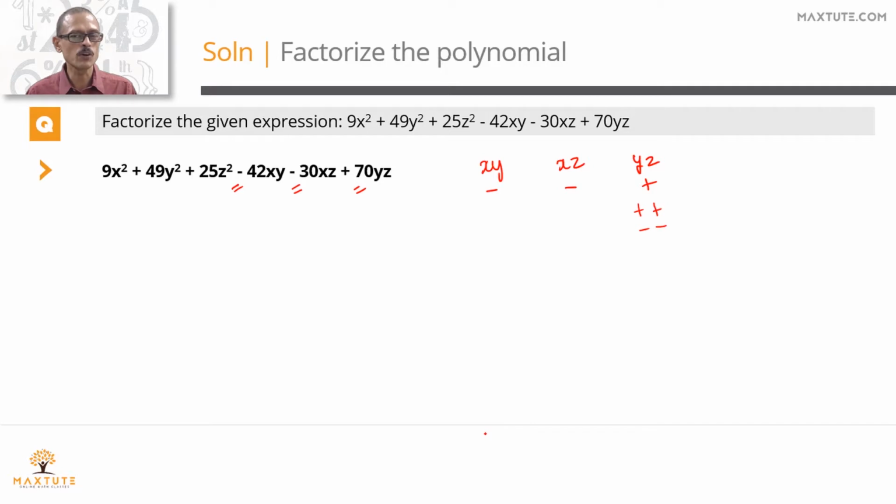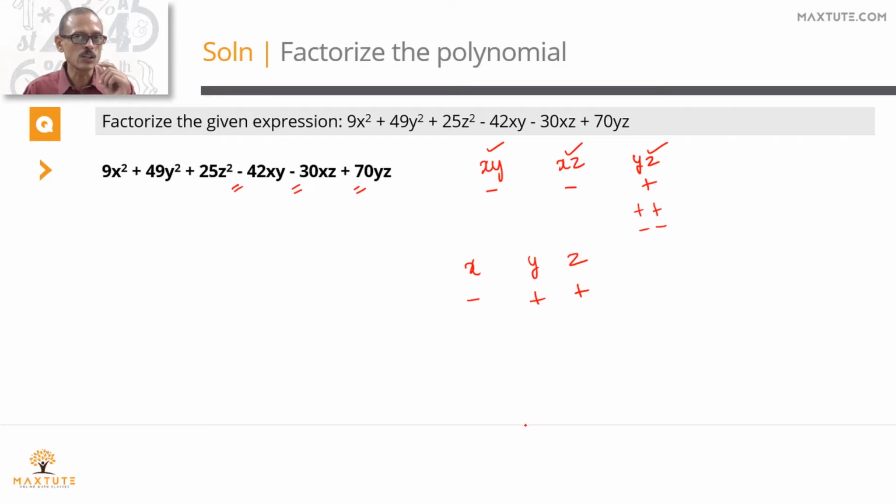So let's look at possibilities for the signs of coefficients of x, y and z. X into y, the product is negative. X into z, the product is negative. Y into z, the product is positive. Let's write down some possibilities and see whether it makes sense. If the coefficient of x is negative and that of y and z are positive, let's see whether all these three conditions hold good. Negative into positive, xy should be negative. Yes, it satisfies it. Xz, negative into positive is negative, makes sense. Y and z, positive into positive is positive. That also makes sense. So the coefficient of x is negative, that of y and z are positive.